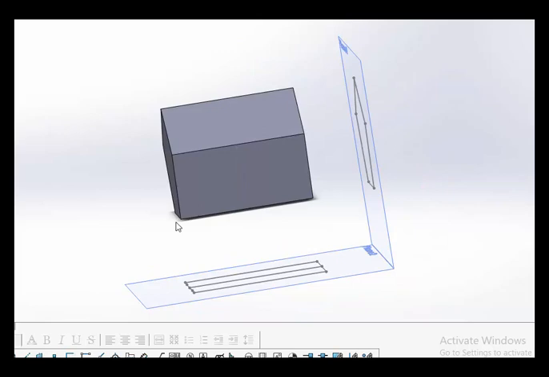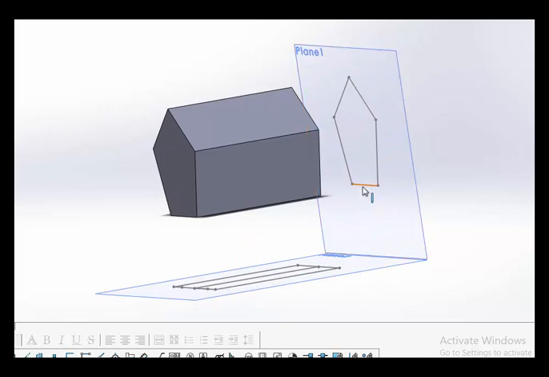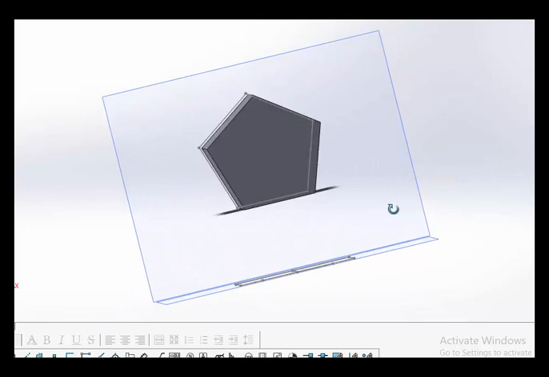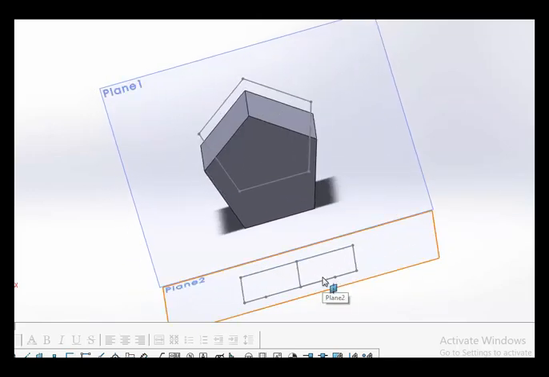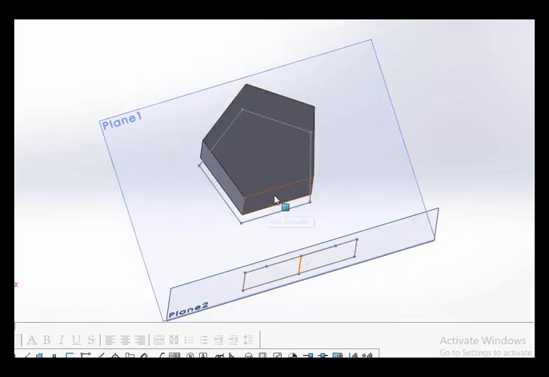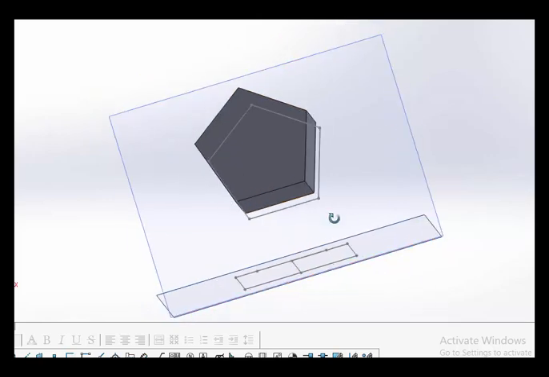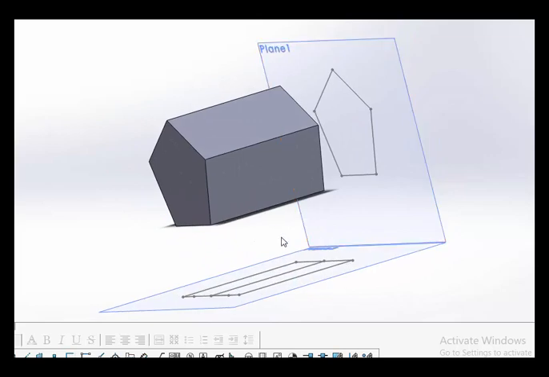Now the resting condition. So now if the solid is resting on HP, then there will be no gap here. So if there is no gap here, then there will not be any gap here. So if the solid is, I am showing here, the solid is placed in the HP plane with its rectangular face. This is the rectangular face. This rectangular face is placed in the horizontal plane. Then there will not be any gap here.